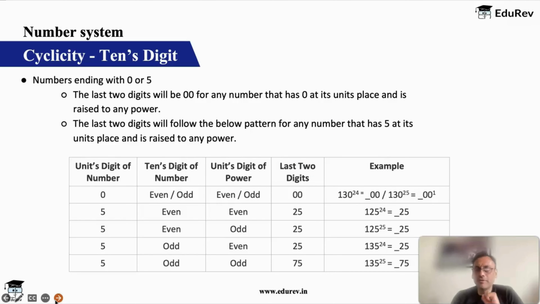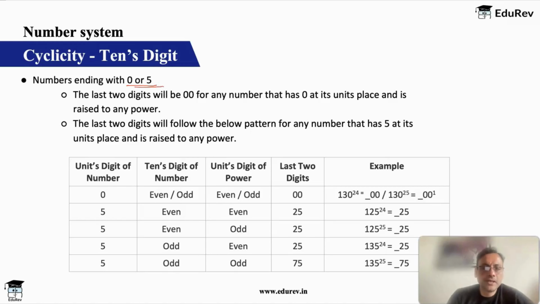What we will do is, first we will look at when the last digit is 0 or odd. And then we'll look at when the last digit is even. So we'll look at all possible combinations, and at the end you'll have an answer for every case. Okay, so for numbers ending with 0 or 5,